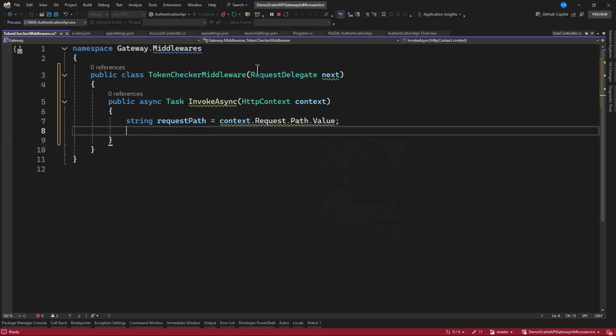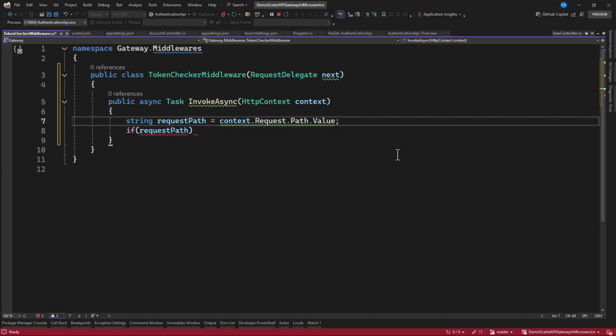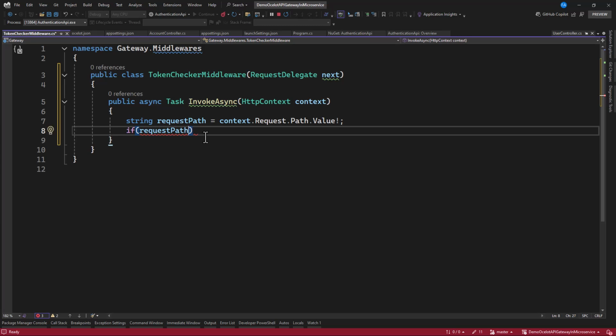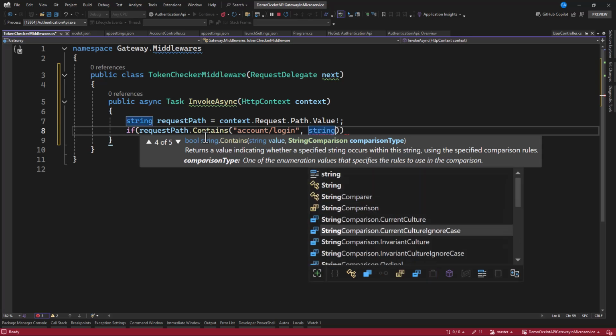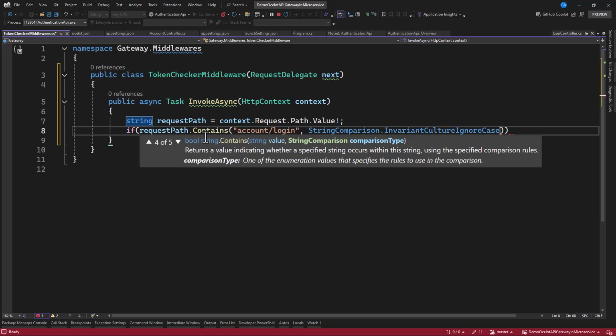And now let's have a look, let's check. So we say that if request path, let's check for nullability, and now if request path that we have in here dot Contains, and now what are you going to check? In case it contains something like account, that's an API endpoint such as login, then we want to leave it. And now we can have StringComparison.InvariantCultureIgnoreCase.